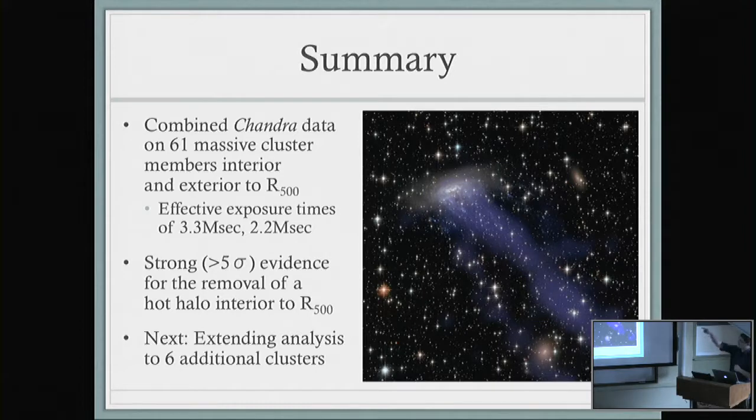The cool thing is that this is essentially a 3 megasecond image of a galaxy inside the cluster and a 3 megasecond image of the galaxy outside the cluster by stacking all this data, right? So we have very, very good statistics on our average galaxy, which lets us do this type of observation, which is very complementary to something like this one on the right. So I'll stop there.